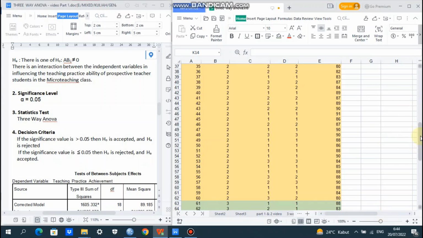And then for the next 30 participants, here participant number 61 joins the third micro teaching model, TMLM or Tadaluring micro teaching learning model. So the score here is 88.